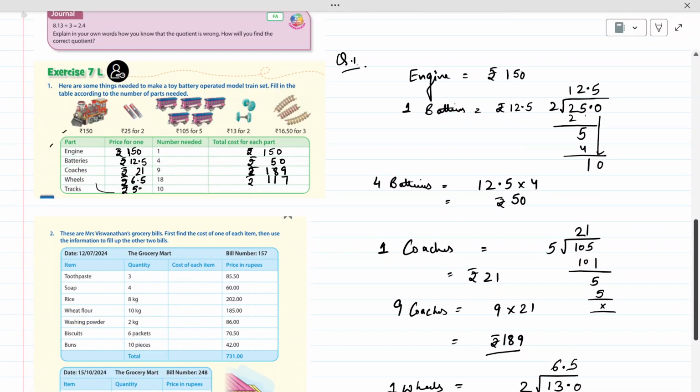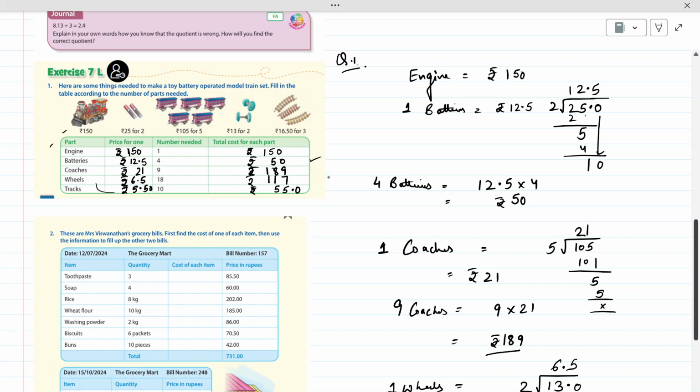rupees 5.50. And what will be the cost of 10 tracks? Just multiply with 10. So this decimal will move to the right. It will be rupees 55.0, or you can say rupees 55. So this is the cost of all the items. Now this is the total cost for each part we have mentioned here as required. Okay. So if you're asked to find out what is the total cost, then you just have to add these